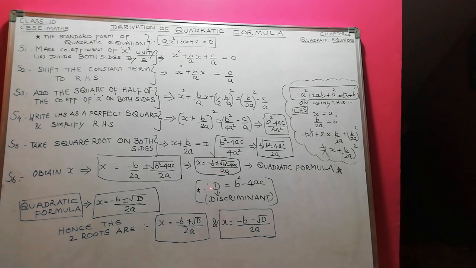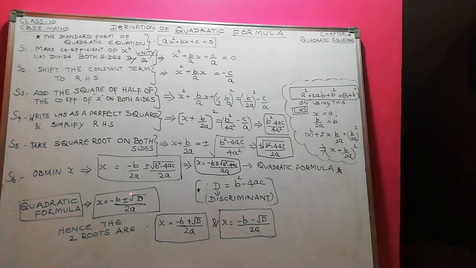Now, I want you all to recall what I briefed about the discriminant in the previous video, that is the concept map of quadratic equation. The expression b squared minus 4ac can be represented by the capital letter D, that is nothing but the discriminant. Discriminant is a very important concept because it determines the nature of the roots of the quadratic equation. So in place of b squared minus 4ac, you can replace the letter D and write the quadratic formula shortly as x equal to minus b plus or minus root D by 2a.